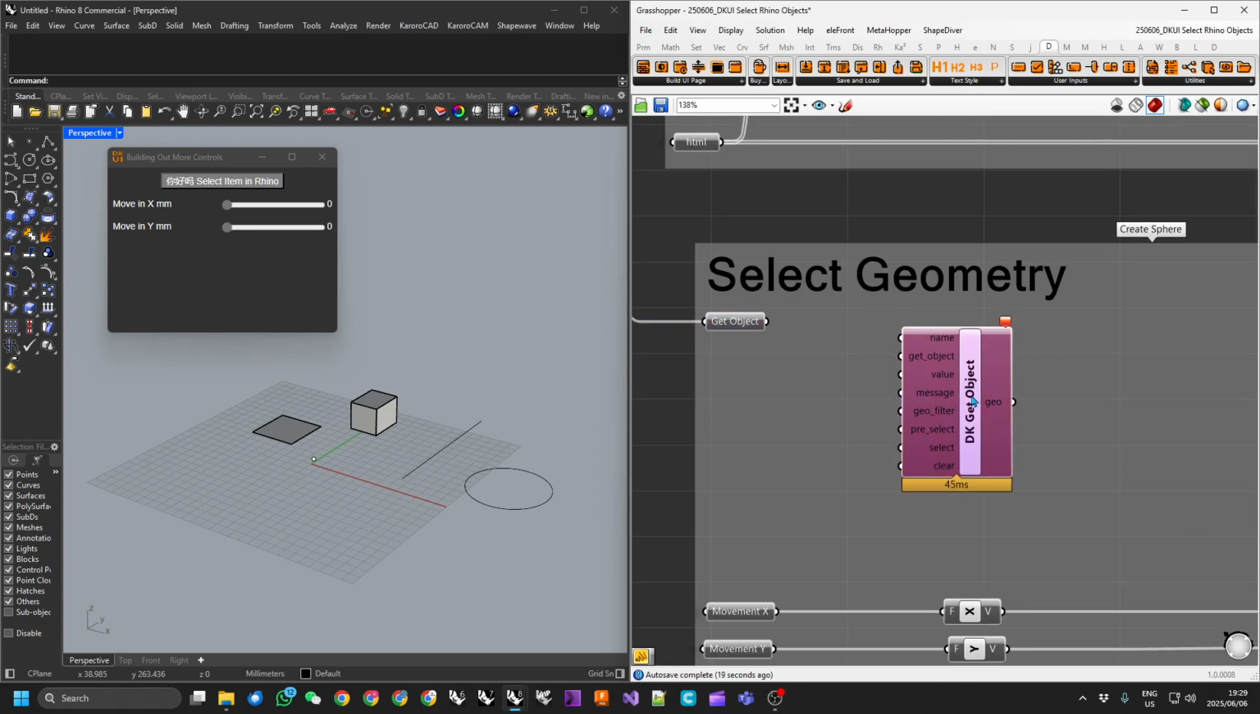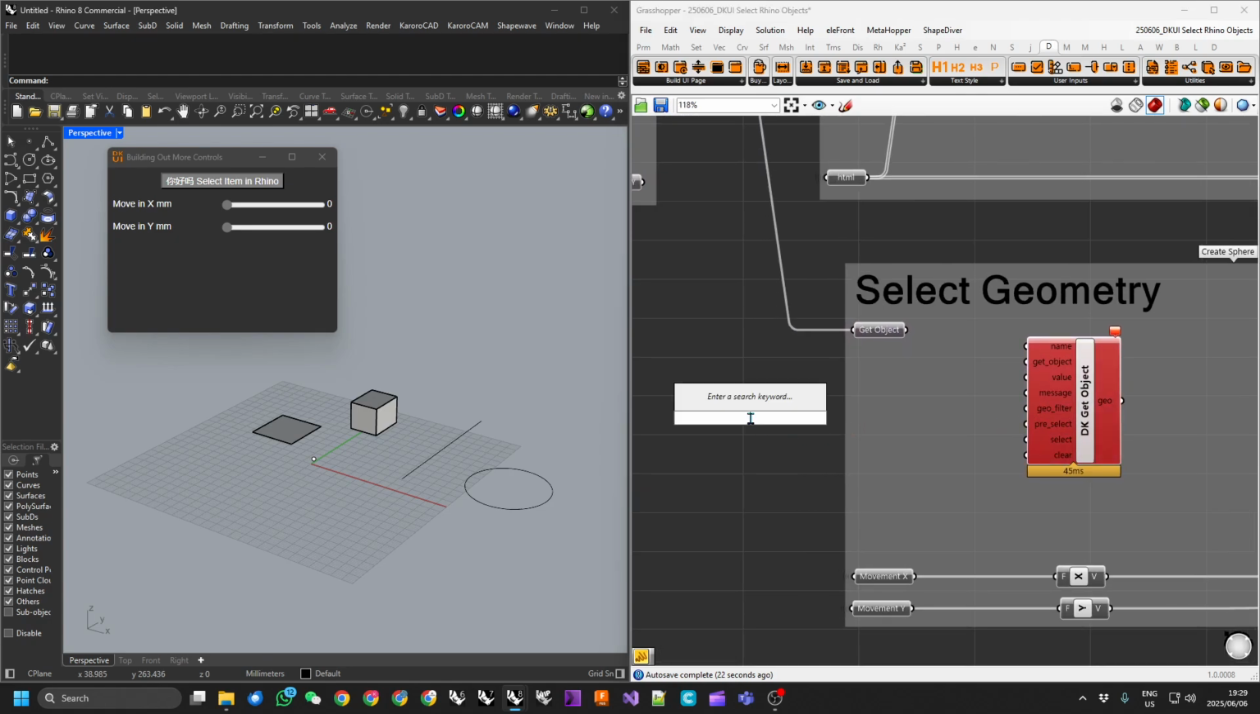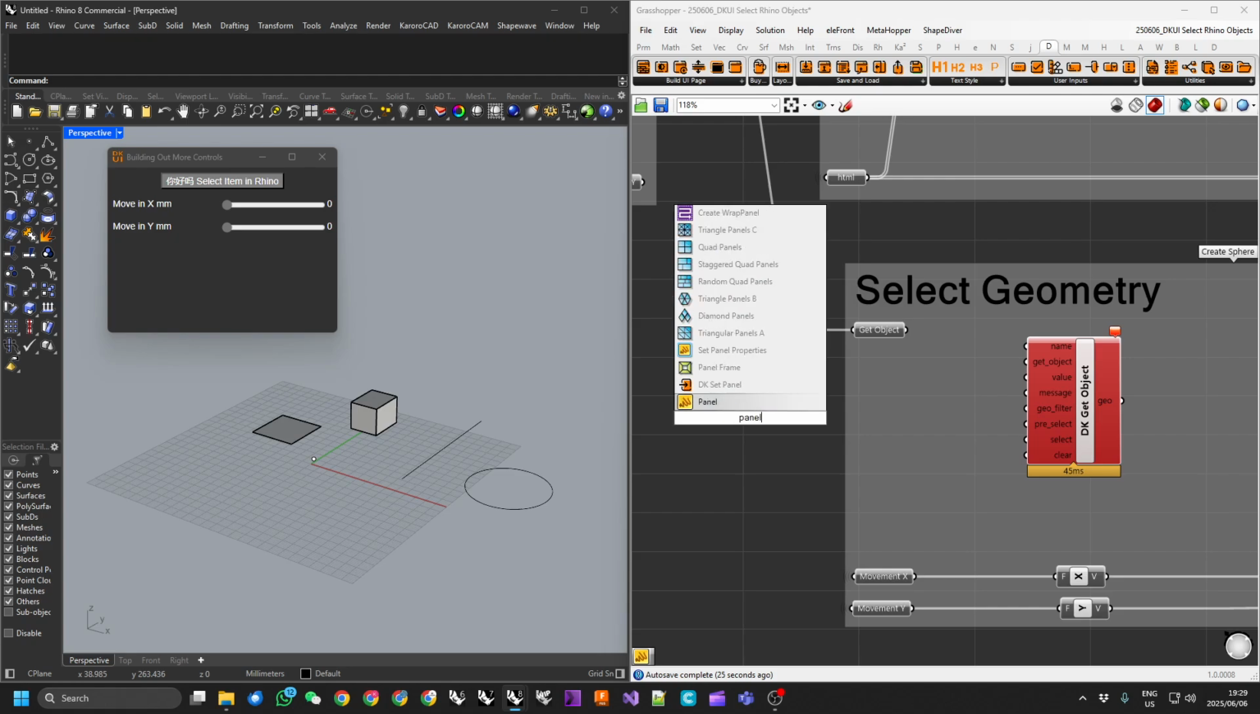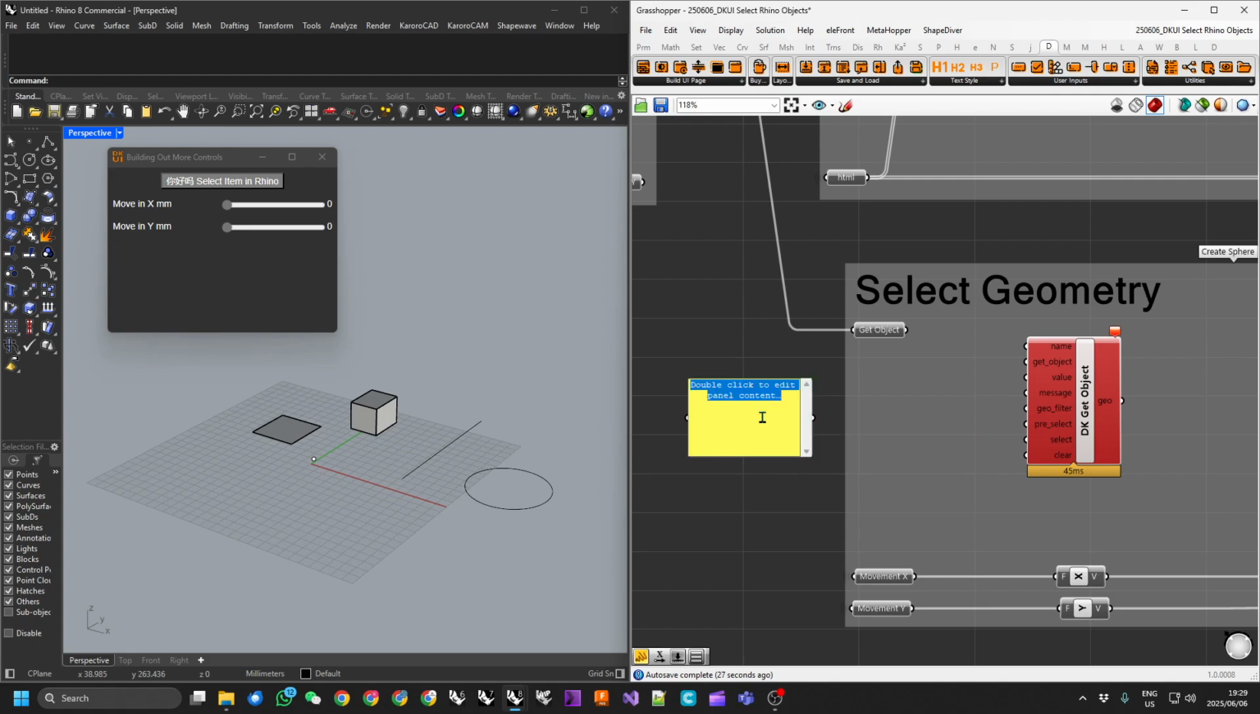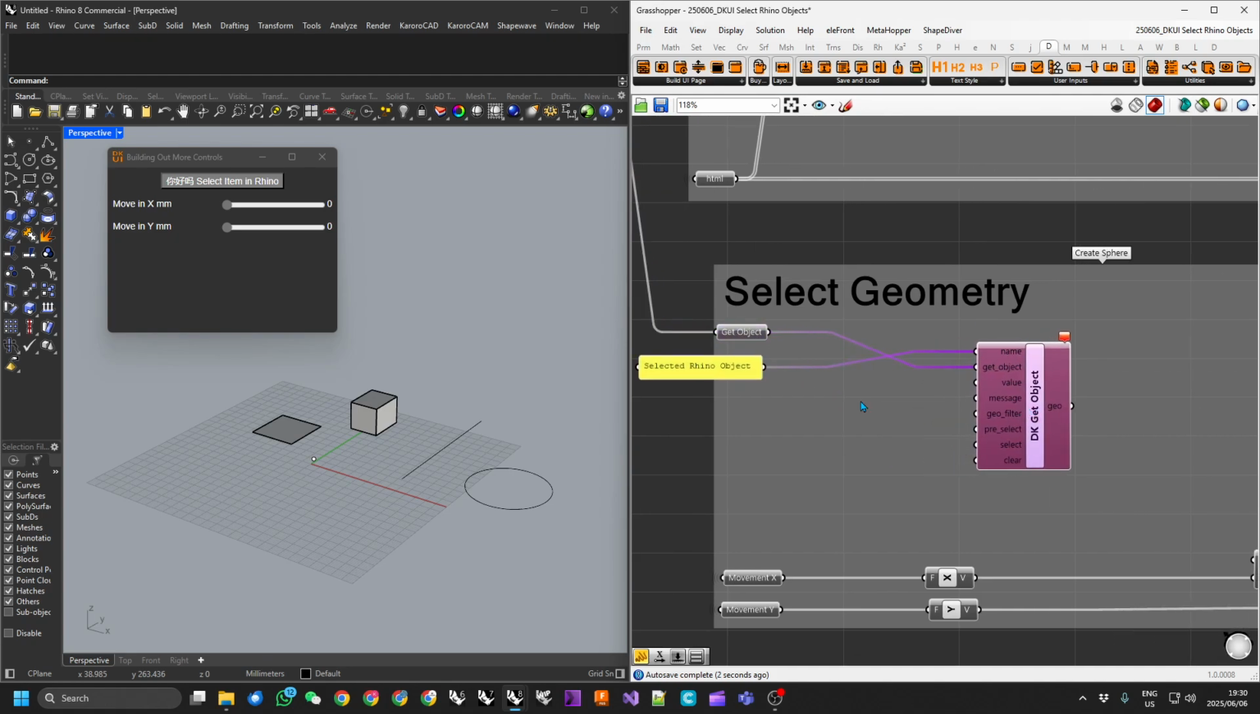And the first thing this is going to need is a name. So I'm going to set up a panel, and I'll call this get selected Rhino object. So we have that panel, and we'll put that into our name. We need the get object, the boolean input, so we can, as the next one up,